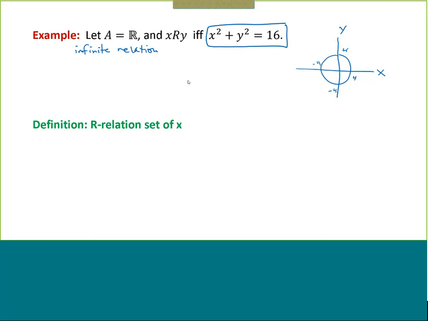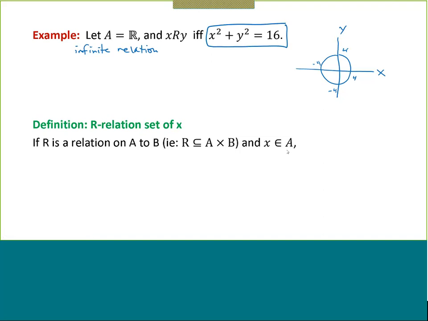Now, the next definition, before we get into some mechanics of how we make pictures visibly represent our relations. One last definition before we get into that, and this is something called the R relation set of some element x. So here's the background. You have some relation R. It's on the set A to the set B, or from A to B. In other words, your relation is a subset of the cross product A cross B, and this x is somebody in